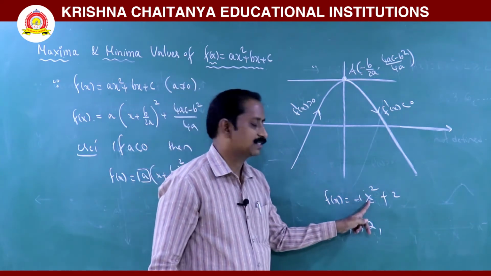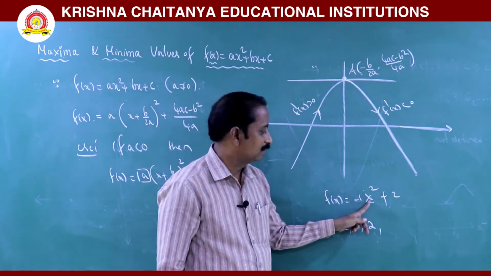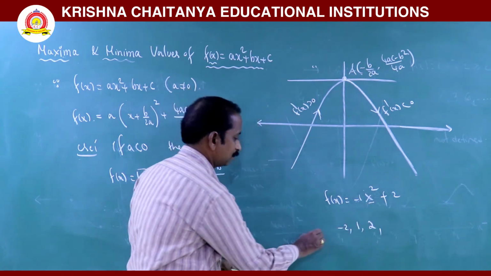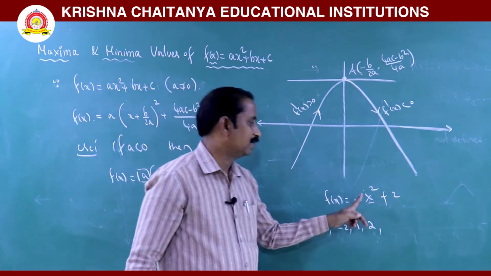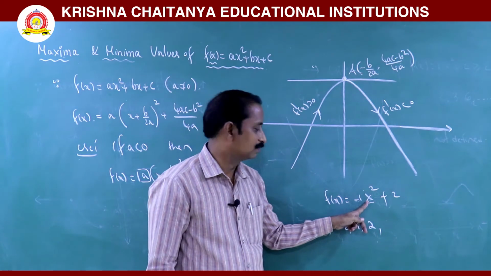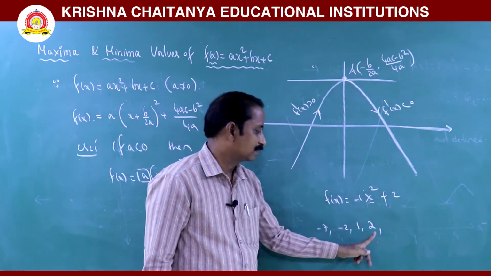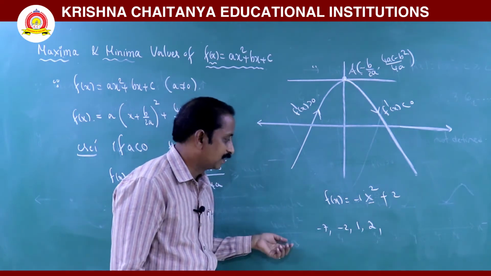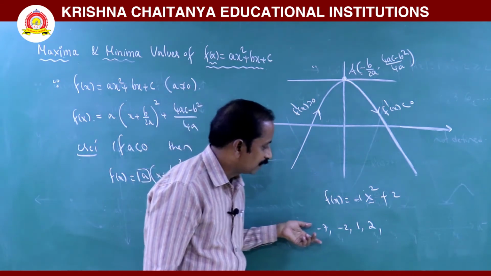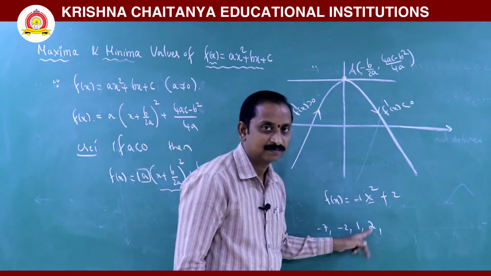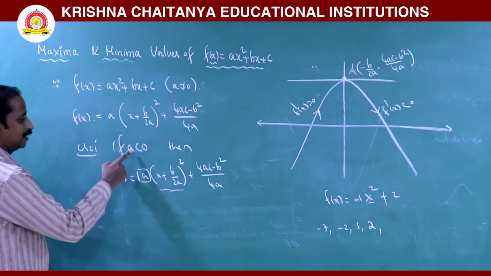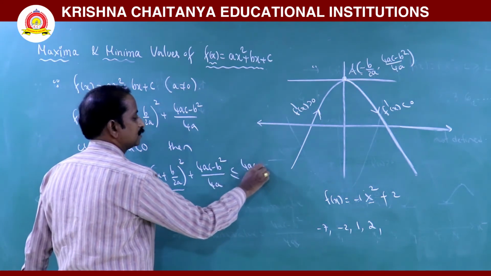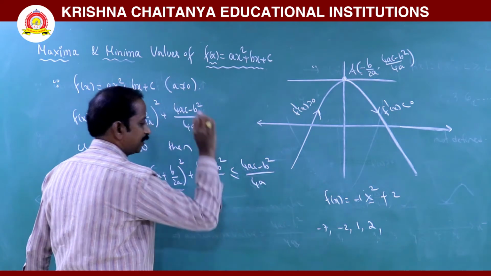For example, if you are giving x is equal to minus 3, minus 3 whole square means plus 9, minus 9 plus 2 nothing but minus 7. So, if you are giving any value of x, that function value is nothing but either 2 or 1 or minus 2 or minus 7 and so on, and after observation of all the values, it is the greatest value. So, it is the greatest value means when a negative, f of x I can write less than or equal to 4ac minus b square divided by 4a.